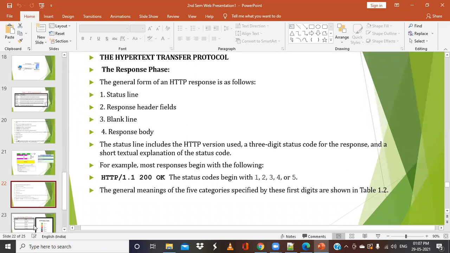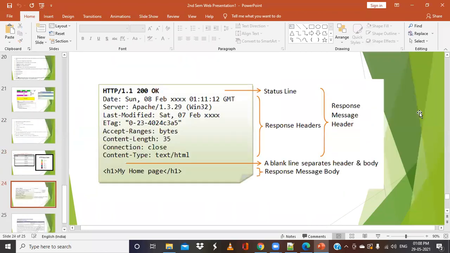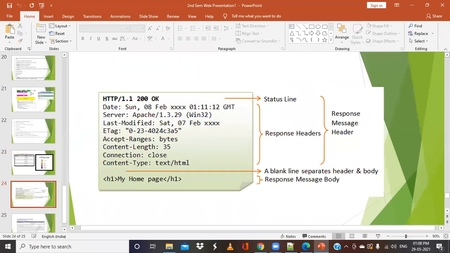Let us take an example so that you can understand it. This is an example of an HTTP response. Here we have the status line, then the response headers. They include date, time, last modified time, connection, content type, and other details.